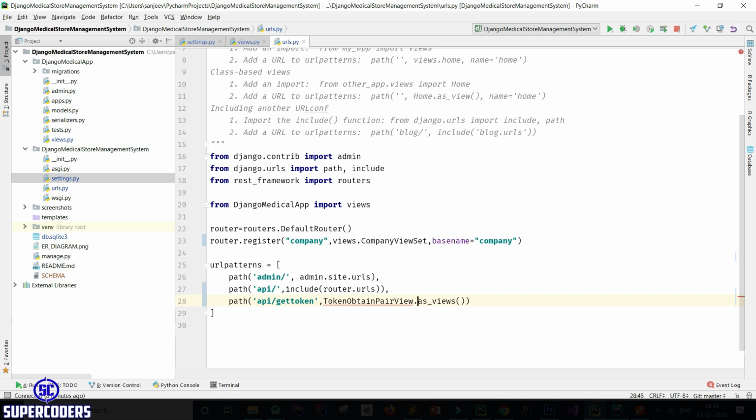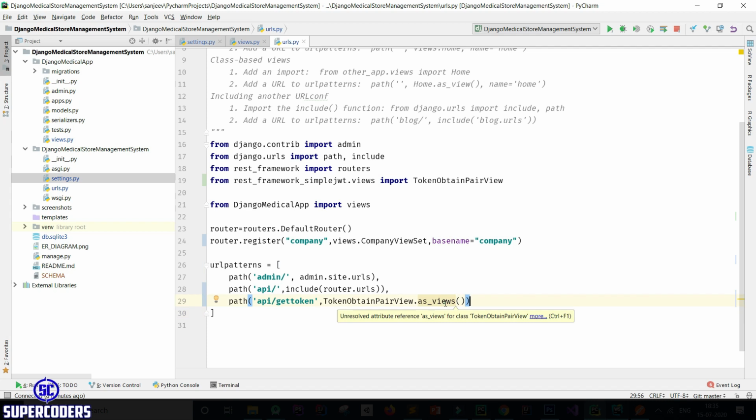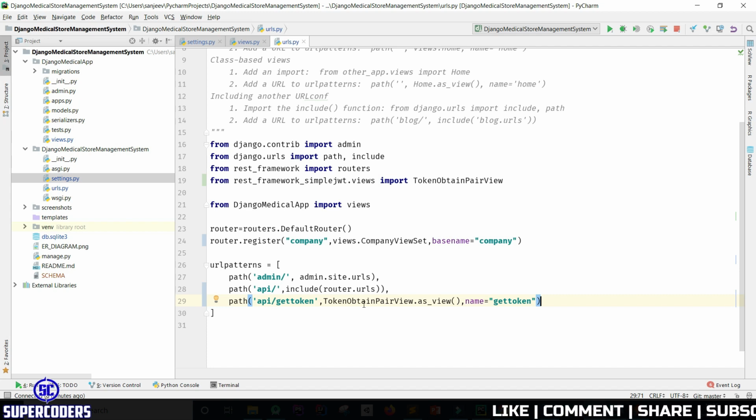Import this by clicking Alt+Enter. So you can see simple JWT dot token obtain pair view. Import this and change this to as_view. Passing name equal to get token. Also adding a URL for the refresh token.